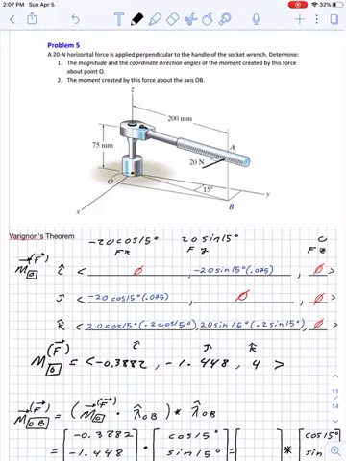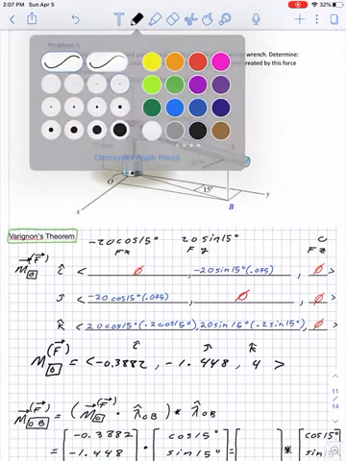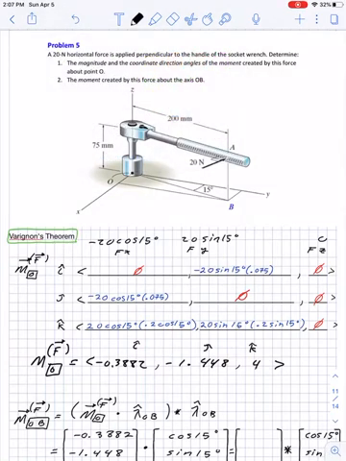So I'm going to be working on a pretty common statics problem, and I'm going to be using Varignon's theorem. It's a really cool theorem that makes things a whole lot easier. You don't have to do cross product. It's just the basic concept of a moment about any point with respect to any force is equal to that